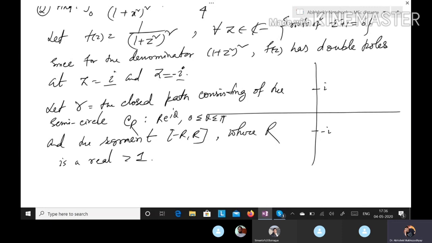There may be only two singularities, that is i and minus i. So therefore if we choose this one, minus r to r, and this is CR. So if we tend r to infinity, then there will be no other singularities